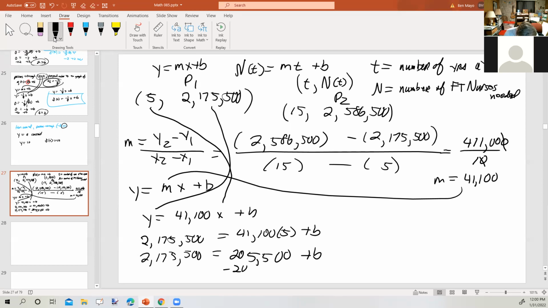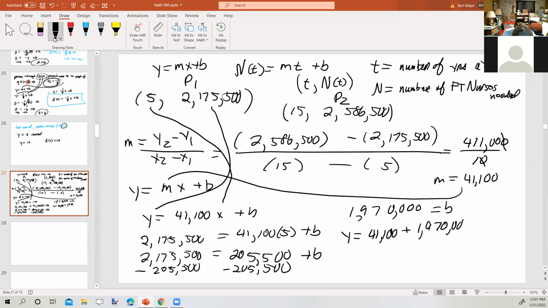plus b. Subtract 205,500. So then we take 2,175,500 minus 205,500, and I get 1,970,000, and that equals b. So y equals 41,100 x plus b, except that it would actually be N of T equals 40. Well, there should have been a,